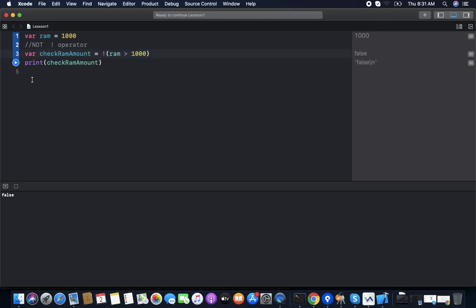Like we know if Ram has more than 1000, then he will be in the upper category, and if Ram has less than 1000, he is in the lower category. So we are checking whether he is in the upper category or not.